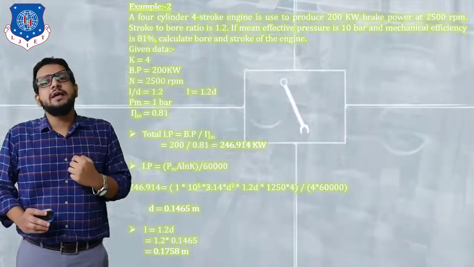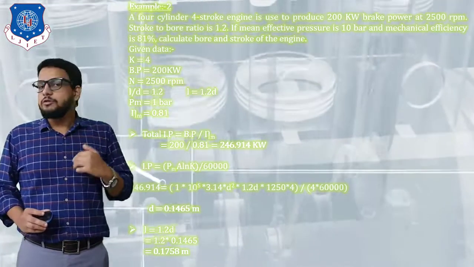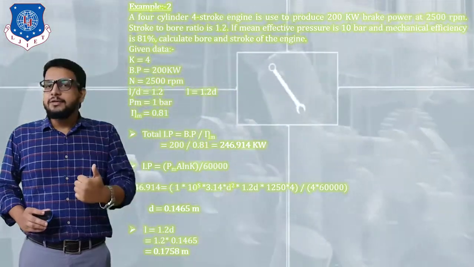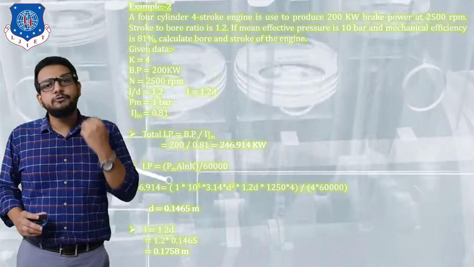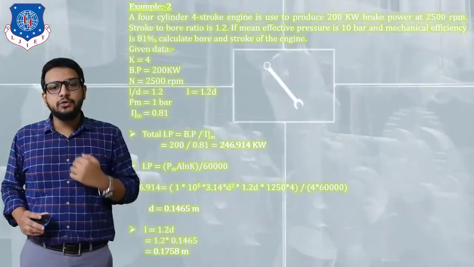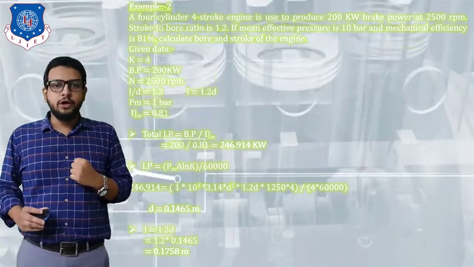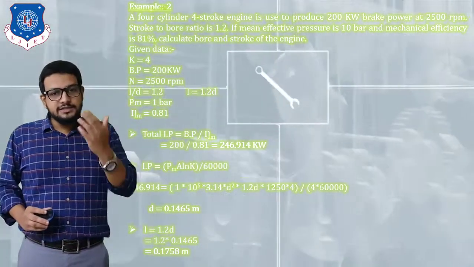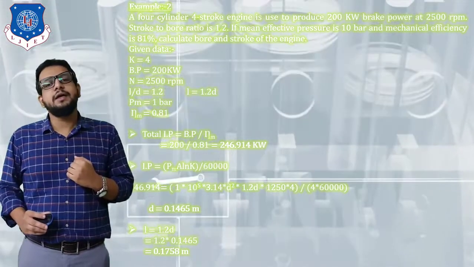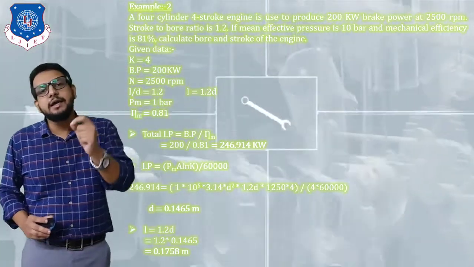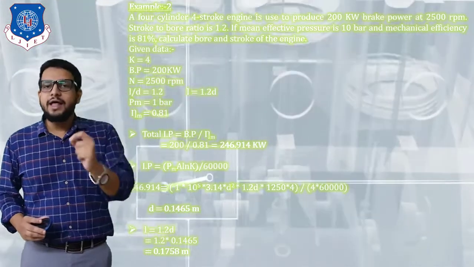Yes, we can do that. We know the formula, that is eta m, that is mechanical efficiency, is equal to brake power upon indicated power. So in this equation, eta m is known and brake power is known for a 4-cylinder engine. So the total indicated power for a 4-cylinder engine will be how much? So it is equal to 246.914 kilowatt. Okay friends, so I hope that you are clear up till here. Now next, we can directly use our formula of indicated power, that is IP is equal to PIM LAN.